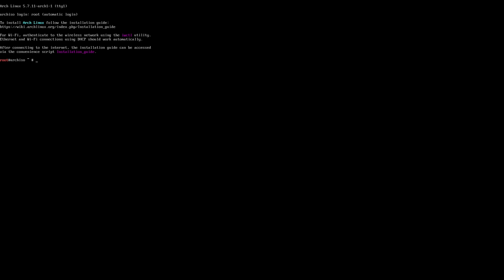But the first thing I need to do is to change my keyboard layout. So let me type in here loadkeys and then my string, which is de_ch-latin1. There you go. And let's try to launch the script. So let's type in